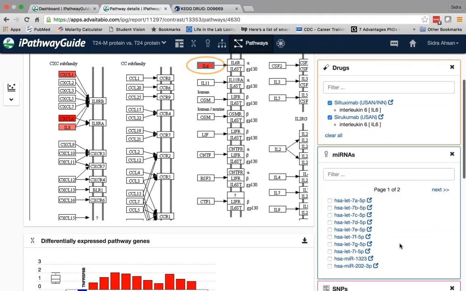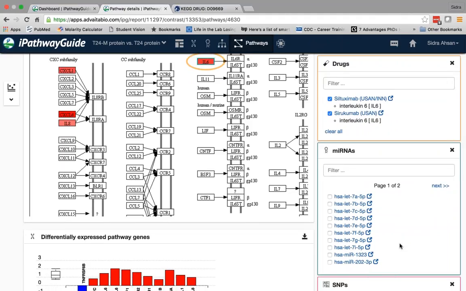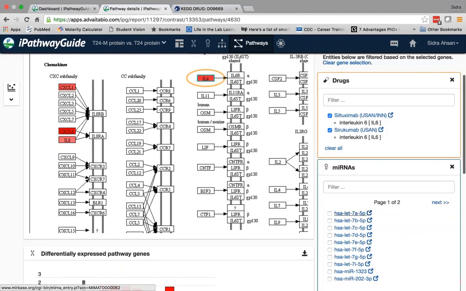I can also, if I wanted to target IL-6 mRNA instead of the protein, look at or study some of the microRNAs that are known to regulate IL-6. And LET7A, and actually the LET7 family, are some of the most common family of microRNAs that are implicated in cancer subtypes. So it makes sense that a lot of the LET7 microRNAs regulate IL-6. It is a very well-known cytokine.